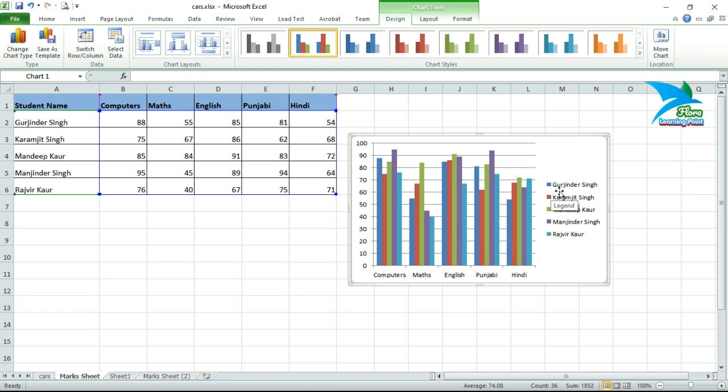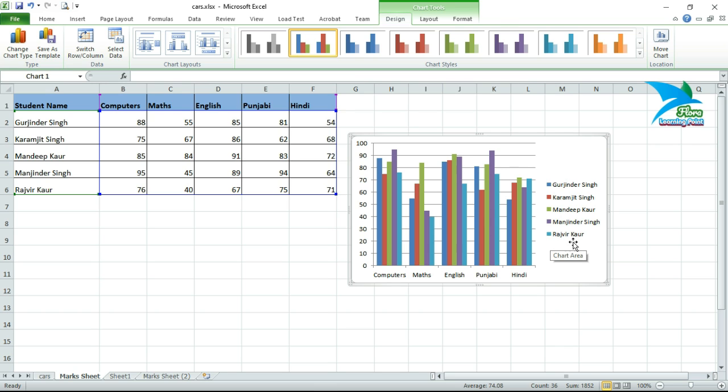Inside the legend we can see Gurjinder Singh, and this blue bar represents him, which means each and every bar is color coded. In the legend each student is represented with a color code, and these bars belong to that particular student.